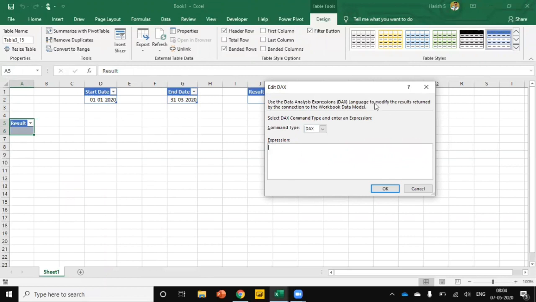Under the expression, we need to add a DAX function. So how do we begin the DAX function? A DAX function always has to start with EVALUATE. And then we are going to use the CALENDAR function.